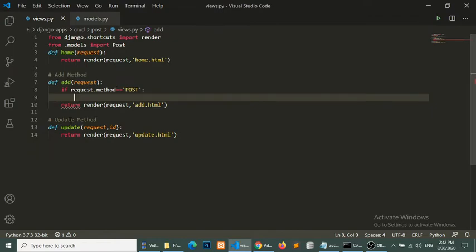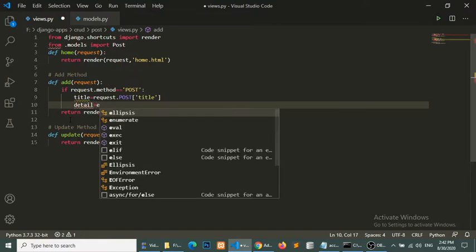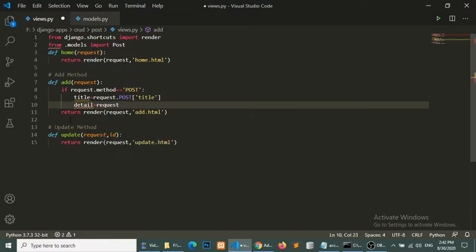We will do title equal to request.POST title, detail equal to request.POST detail,